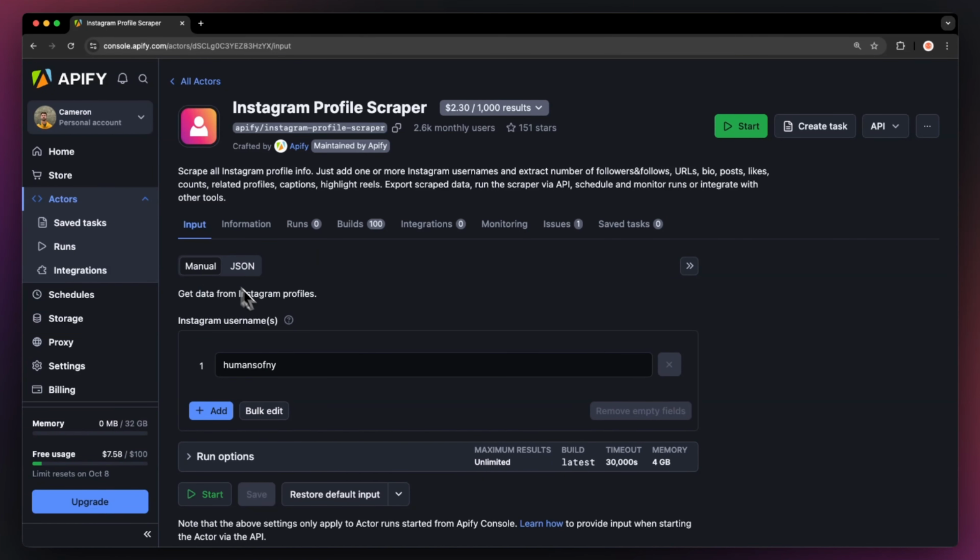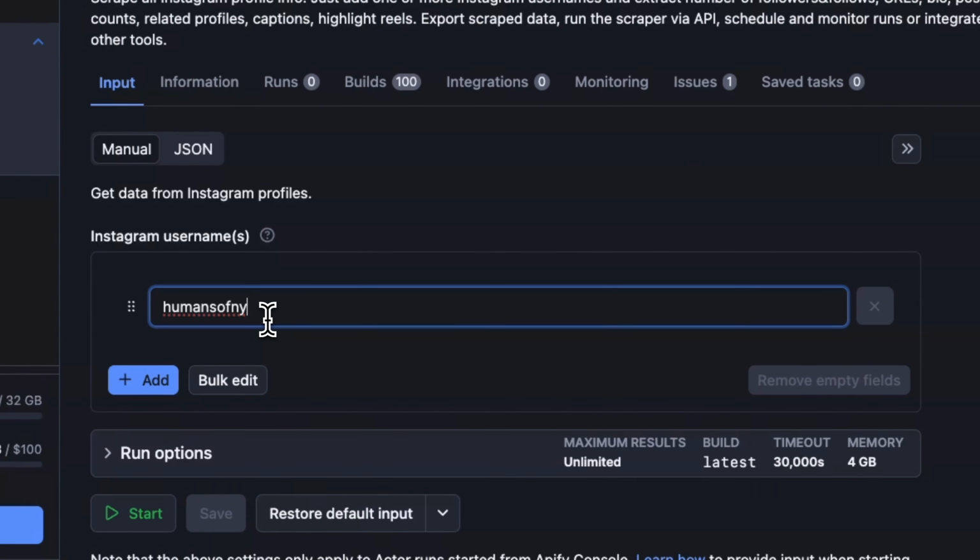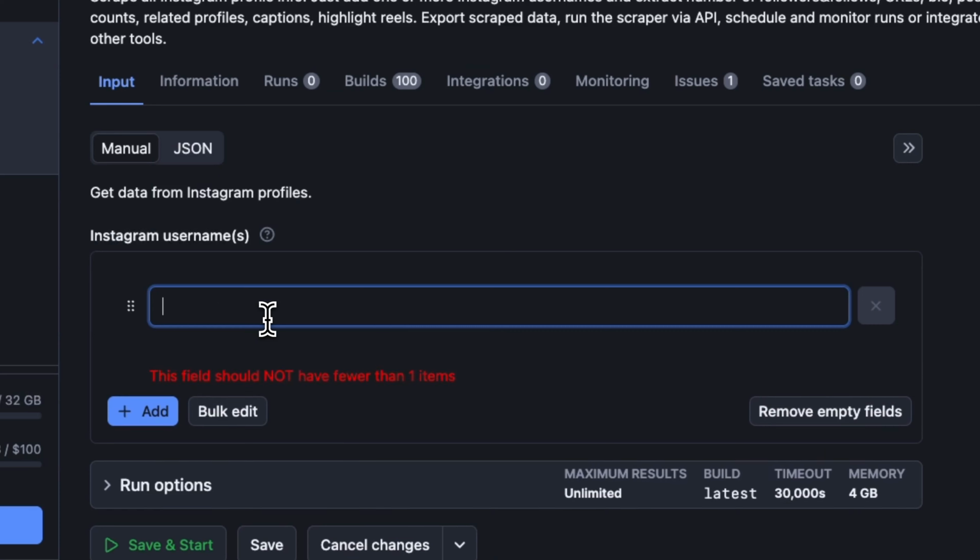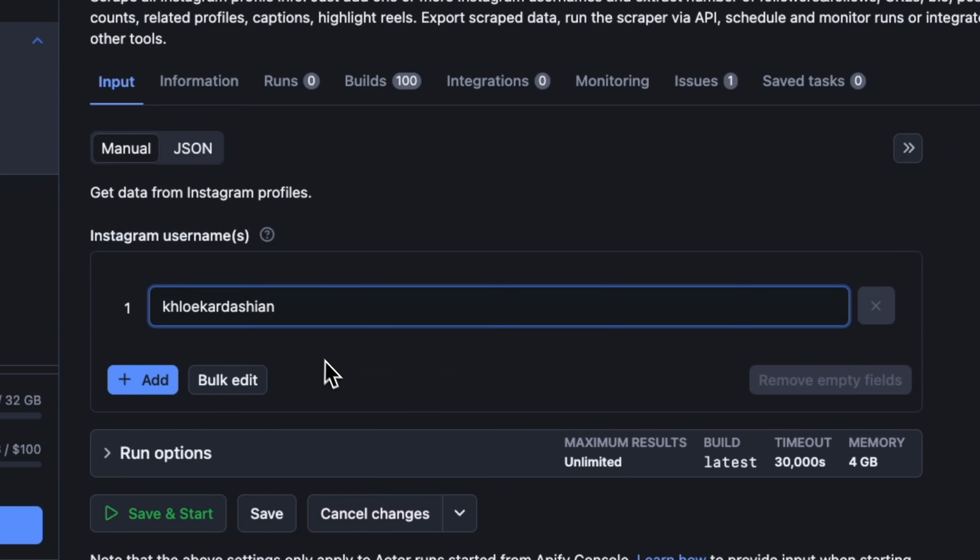The input of this actor is super simple. You just input the Instagram handle that you want to scrape. We're going to go with Khloe Kardashian. If you want to add more profiles, you can do so with the Add button or edit multiple in bulk,